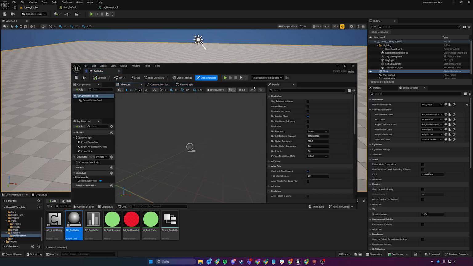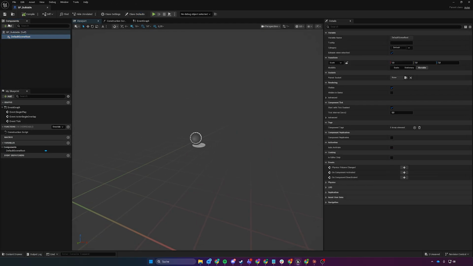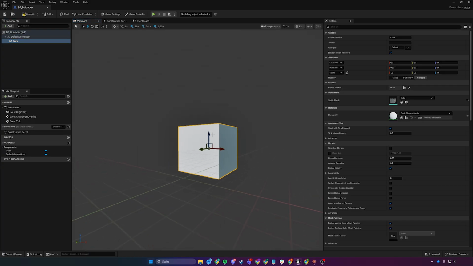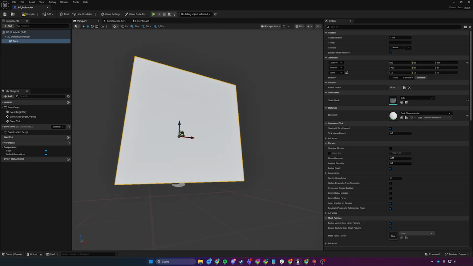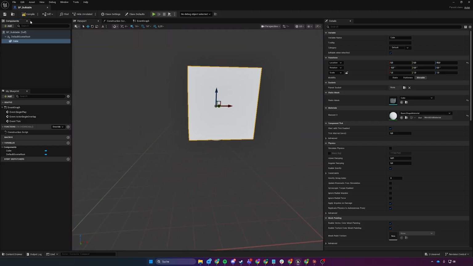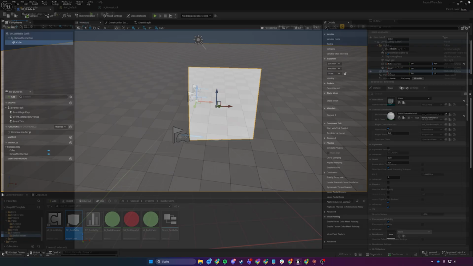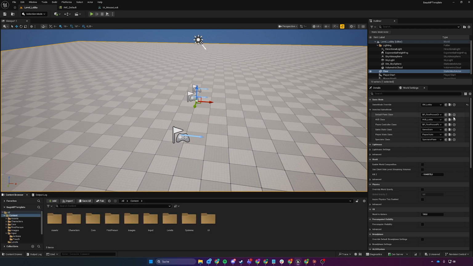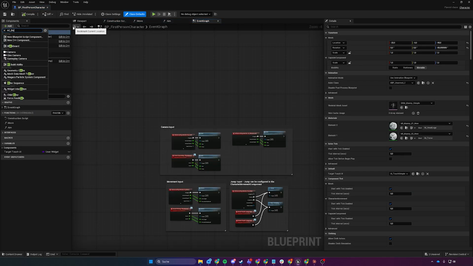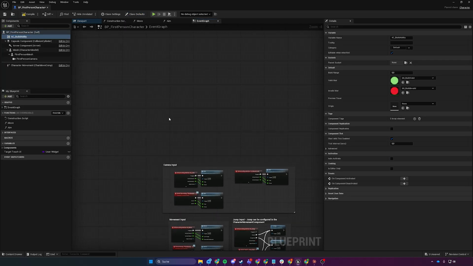Let me open up the BP buildable real quick and just add a cube, like so. And we're going to put it on the ground. So it's up 50 because that's the origin. If we don't do that, it will be stuck in the ground. Save that, and if we now go to our first person character, open it up, add the buildability, get our